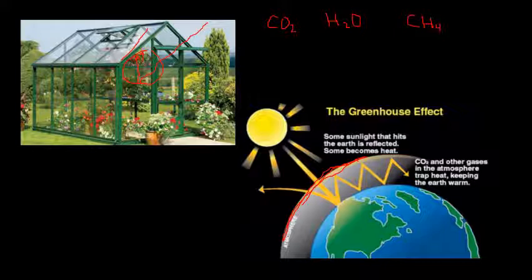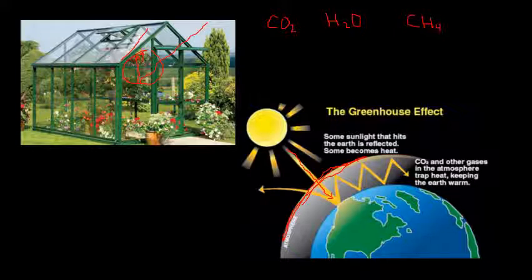And what happens is, as the sunlight comes through, things like carbon dioxide and water vapor allow visible light to pass through easily. If you breathe out of your mouth, you have not only carbon dioxide, you have water vapor coming out of your mouth as well. The light easily passes through the stuff you're breathing out of your mouth. You can see easily. If you breathe out of your mouth, you can't see it. The light passes through it easily.